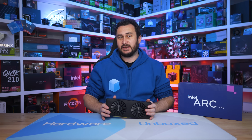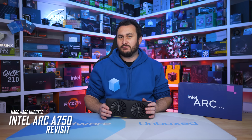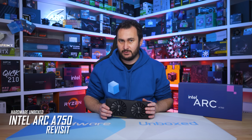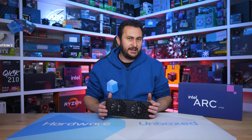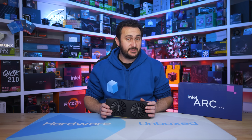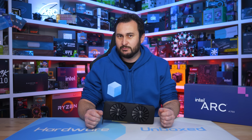Now, recently I put together a 41 game benchmark comparing the GeForce RTX 4060 and Radeon RX 7600, and I found that on average the Radeon GPU was 7% slower at 1080p, and although it did cost 10% less, I ended up handing the GeForce GPU the win for its superior feature set. Though I did fully acknowledge that neither GPU was particularly impressive, and in the current market probably should be avoided,